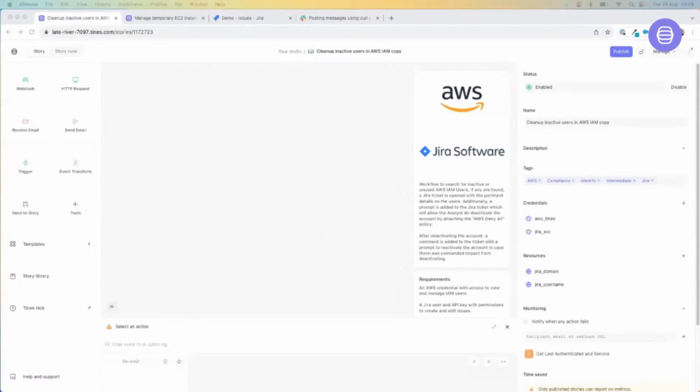Before we start looking at our automations today, I just want to do a very quick level set for those of you who are not overly familiar with the Tynes platform. Tynes is a no-code, low-code automation platform. It is completely vendor agnostic. At Tynes, we want to empower frontline analysts to automate manual, repetitive tasks quickly and easily. Tynes can interact with any application that uses an API by simply dragging and dropping one of the 7 action